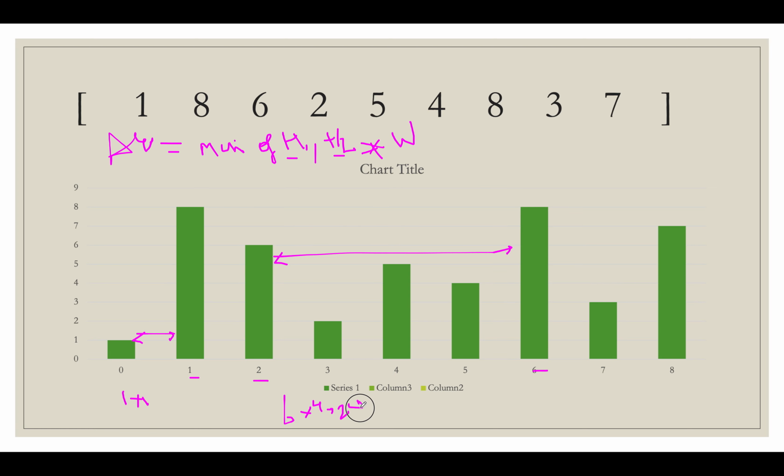And let's try and come up with the naive approach. You will be using two loops, one for i and one for j. For each height, you will calculate the corresponding maximum area across all the other indexes. For example, for this, you will calculate with 1, and then with 2, then 3, then 4, then 5, and then 6, 7, and 8. Similarly, you'll start again from the index 1.